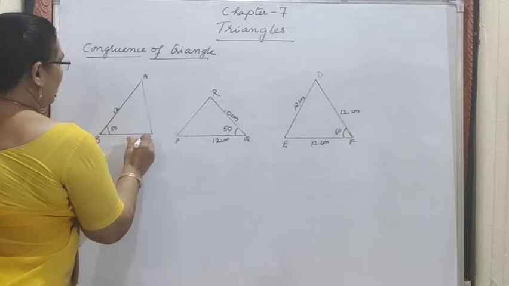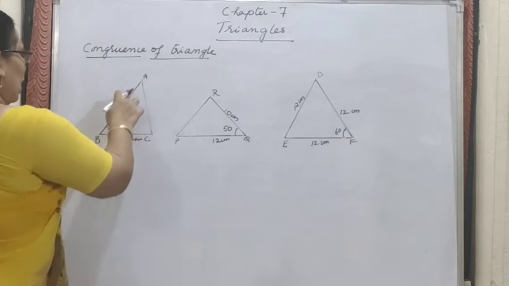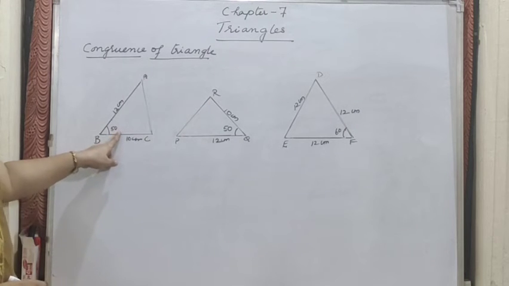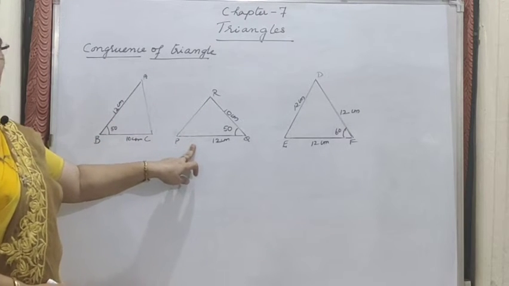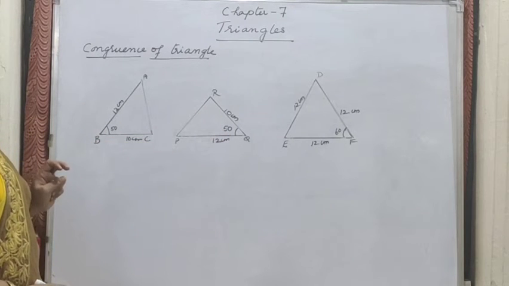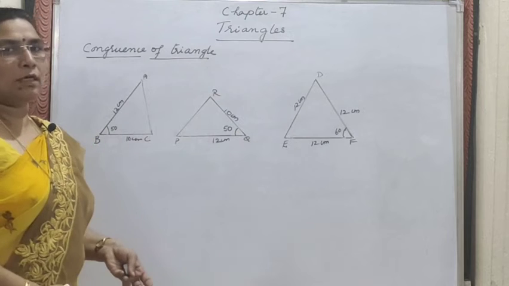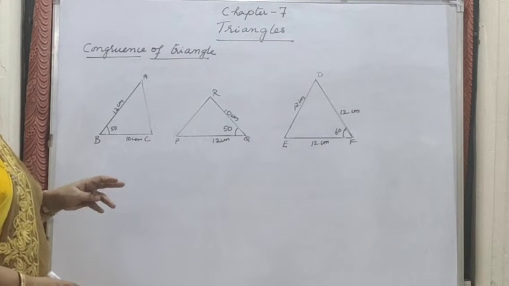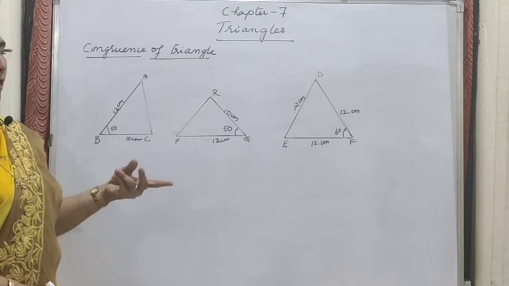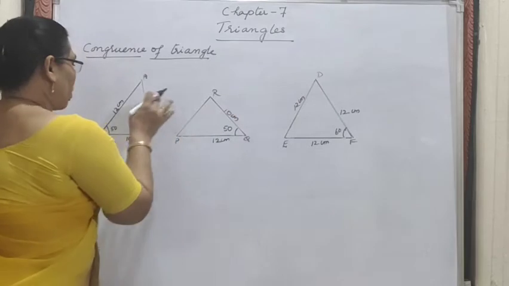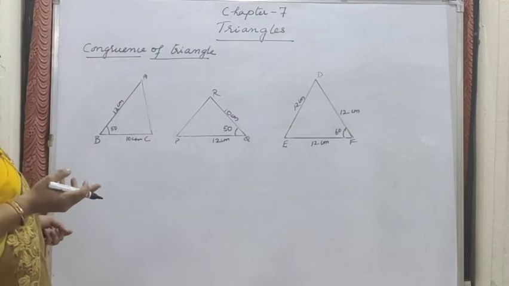Here I'll write a centimeter, and also here AB equal to 12 centimeter, BC 10 and angle B is 50. Similarly PQ 12, angle Q 50 and QR equal to 10 centimeter. But in the case of DEF, if you take, what happens to that one? All the lengths are 12 centimeter. If it is an equilateral triangle, the angle will be 60 only. So when we overlap this on this one, we will not get any congruency here.